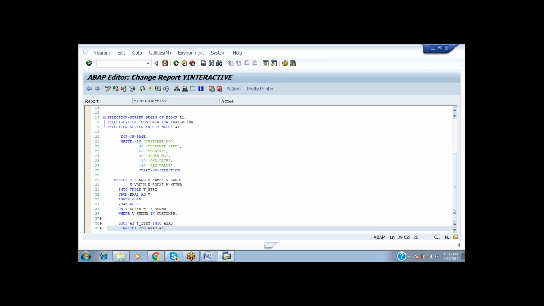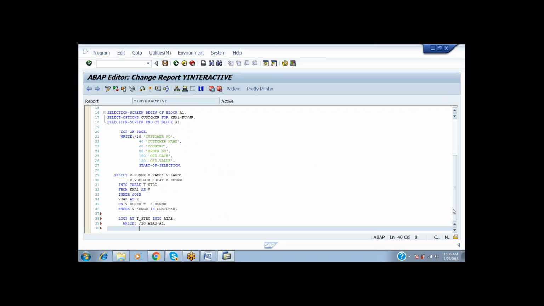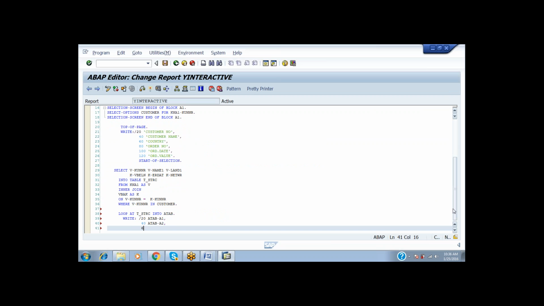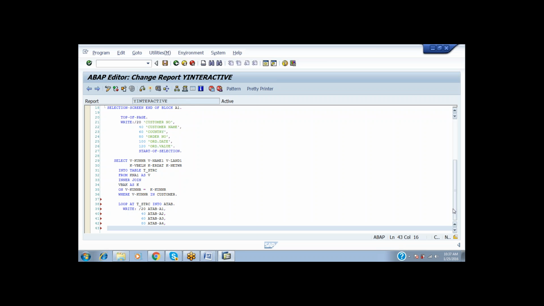That's why A tab of A1 and 40, A tab of A2 and then 60, A tab of A3 and 80, A tab of A4 and again 100, A tab of A5 and 120,